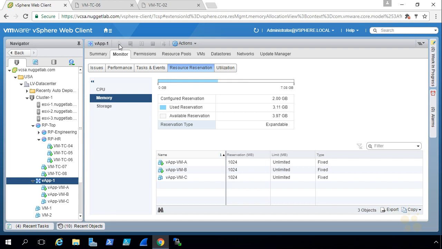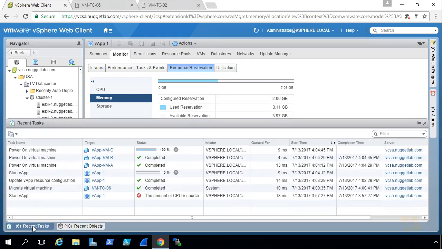So I have them on a short delay, so VM-A will boot up, and then after a short delay, VM-B will boot up, and then eventually VM-C, and we can monitor that progress here in the recent tasks as well. So here in recent tasks, it's indicating that VM-C is just finishing powering up. Fantastic. And now that that's done, we'll go ahead and minimize recent